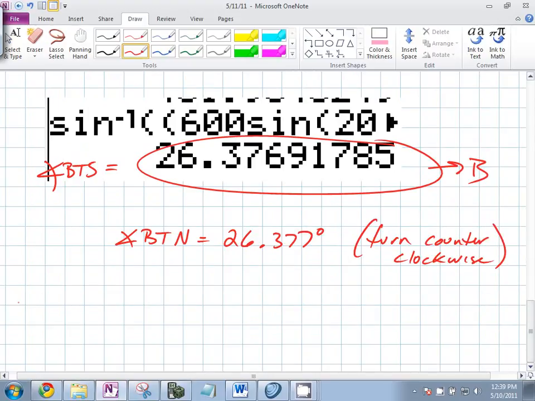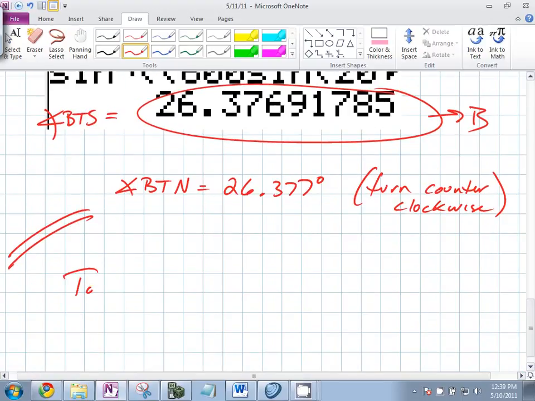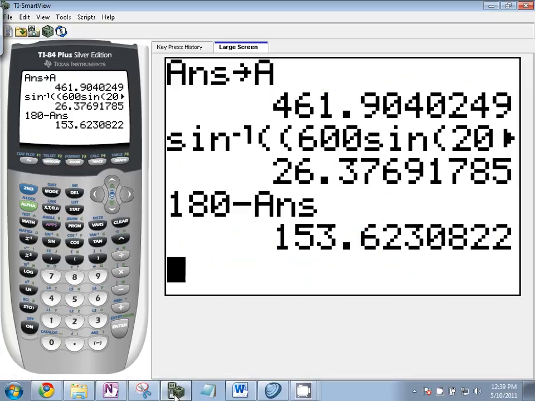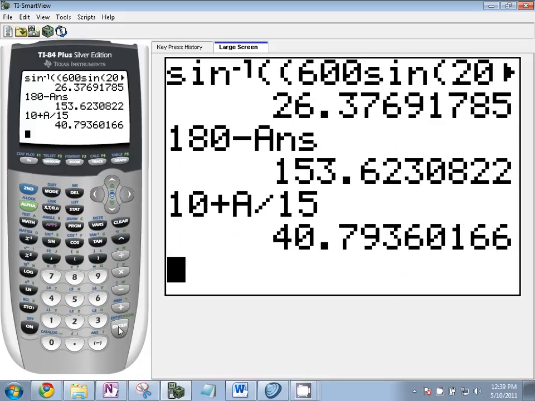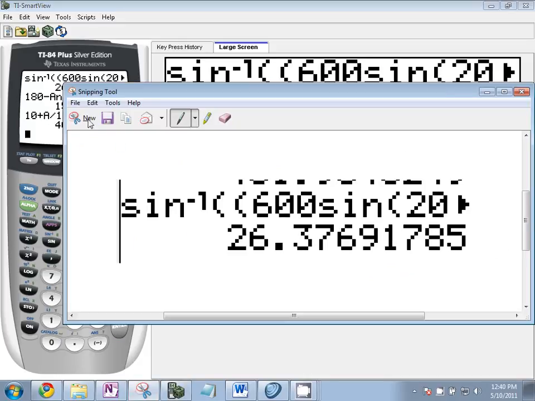What's the second part of the question ask? How long? So what does the first leg take? What's the distance of the second one? 460. I saved it as A, right? What do we divide that by? 15, because that's how fast you're traveling per hour. So I already have it saved, so it's 10 plus alpha A divided by 15. Is storing values as letters helpful? Yeah. So what do we get here? It takes a total of